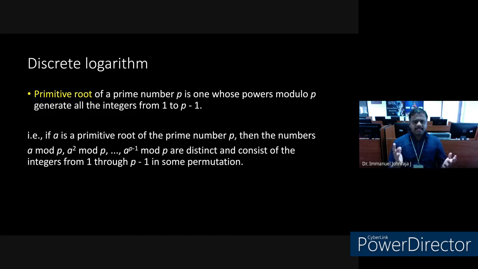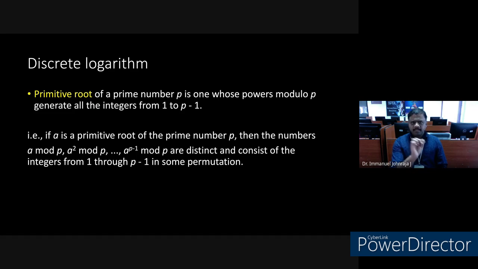So probably this slide will help you to understand that a little bit before we proceed to the actual Diffie-Hellman key exchange algorithm. What's happening here? We come across a word called primitive root. What is that primitive root? It's a new term for many of us, and I have also given the description of what it is exactly. A primitive root of a prime number. Yes, we have the primitive root of a prime number. I have used the letter small p. The primitive root of a prime number p is the one